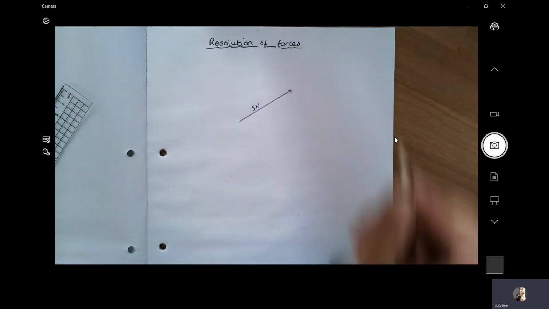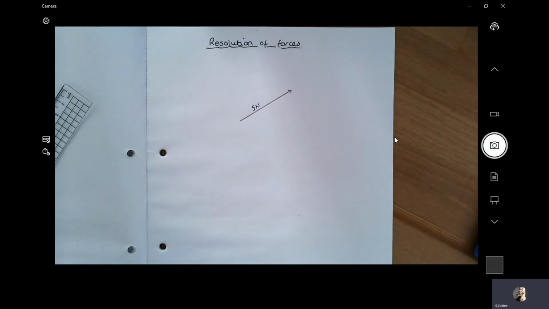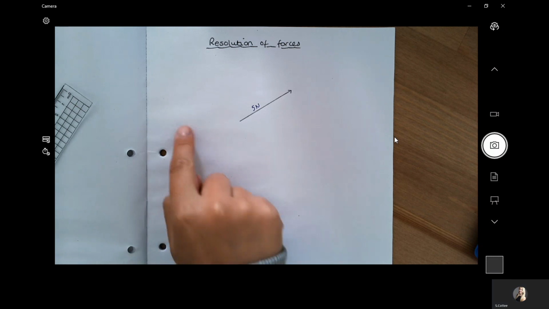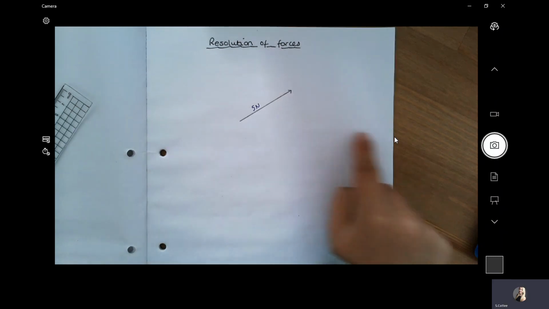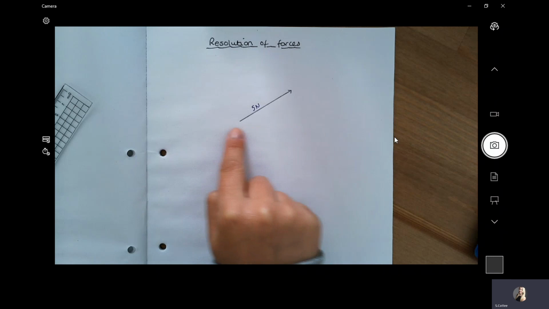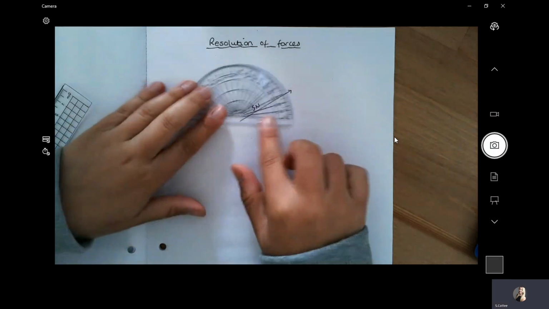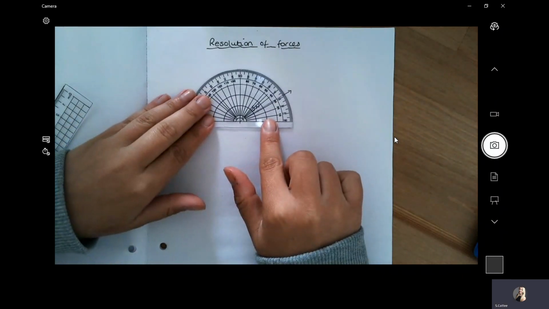That is my one resultant vector. Now, in a question, you would probably be told at what angle your force is creating with the horizontal. So this is a horizontal line going straight across. If I put my protractor on the bottom of this line,